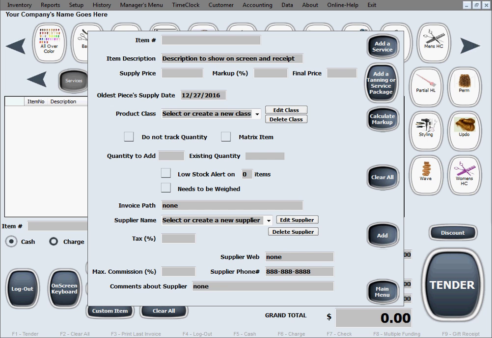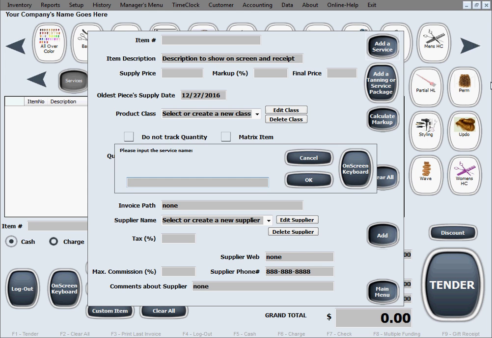So for the purpose of this video tutorial, since our inventory is practically empty because we've only entered some items to show you some sales in previous video tutorials, we'll just create a brand new item. We'll create a service of, let's say for example, 1 minute of tanning, and please keep in mind you can do this for both services and physical items. So go ahead and add a service. Click add a service in here,